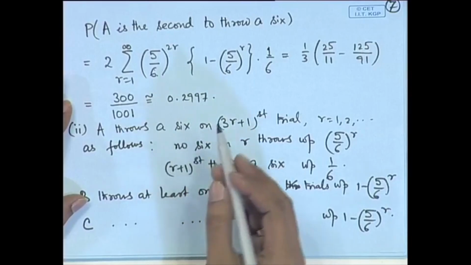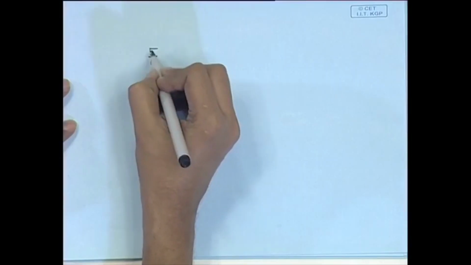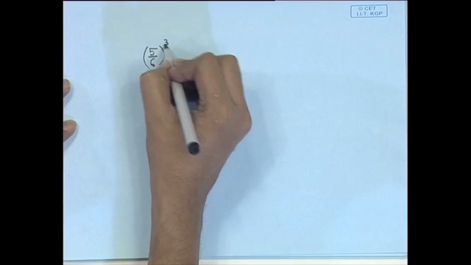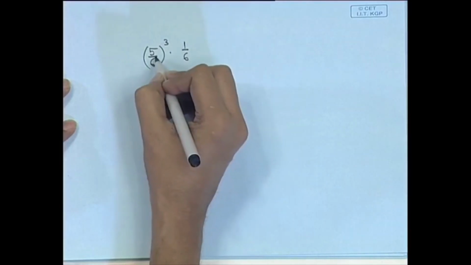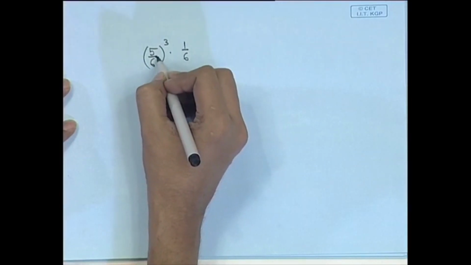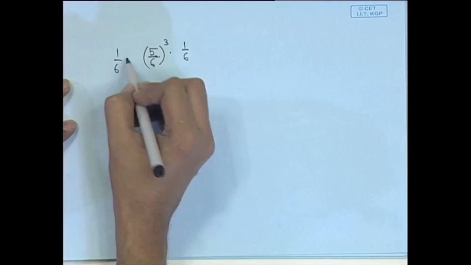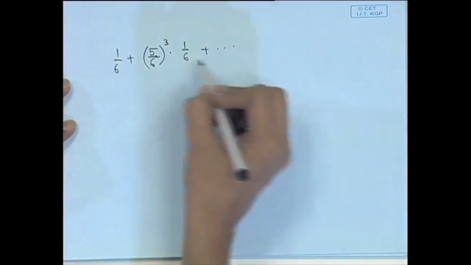See, here we can also look at the event that A is the first player to throw a 6. Then A must be able to throw it on the first trial, on the fourth trial, etcetera. If he throws on the first, definitely it is 1 by 6. If he is throwing on, say, the fourth trial, then before that none of the other players must be able to throw a 6. That means A himself is not able to throw, B is not able to throw, C is not able to throw. So, this probability is simply a